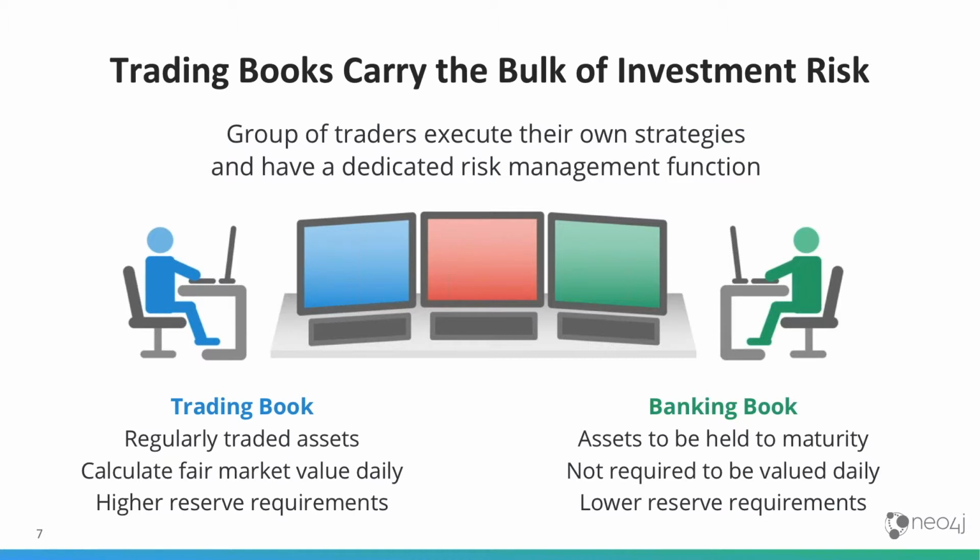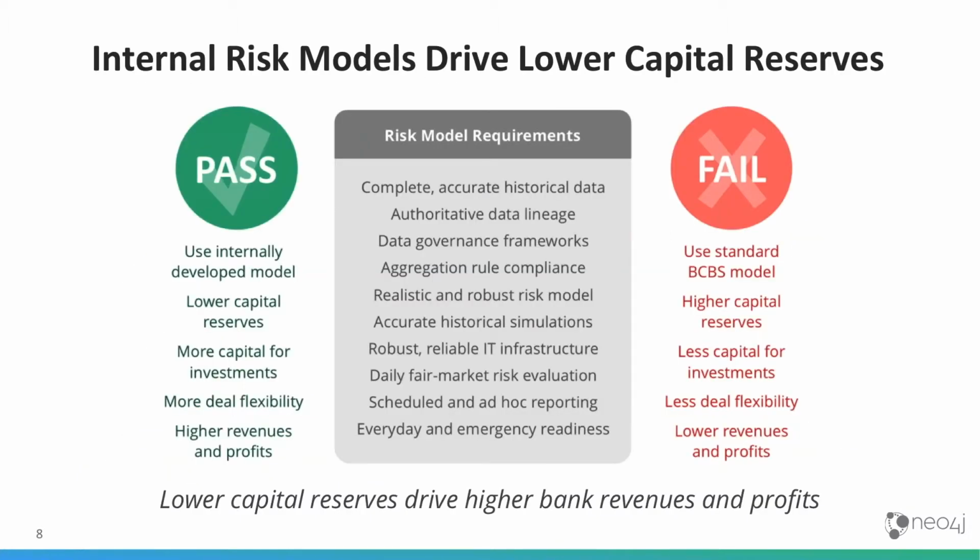And what banks were doing was moving trading book entities to the banking book to make use of the lower reserve requirements, and that in turn meant typically higher profits, because the more capital that you invest, the higher returns that you expect. So that practice is being sort of outlawed with the FRTB regulations, and in order to go through that, banks must maintain a risk model, and they need to get this risk model passed by regulators.